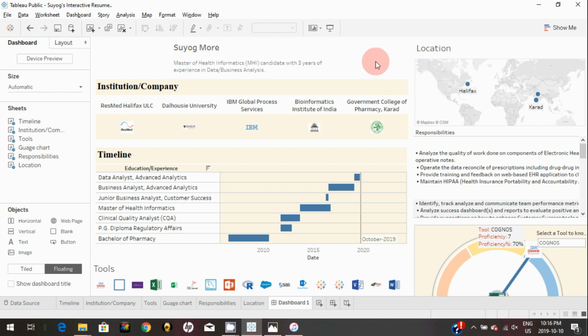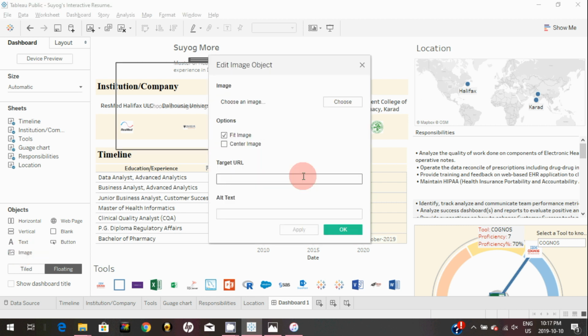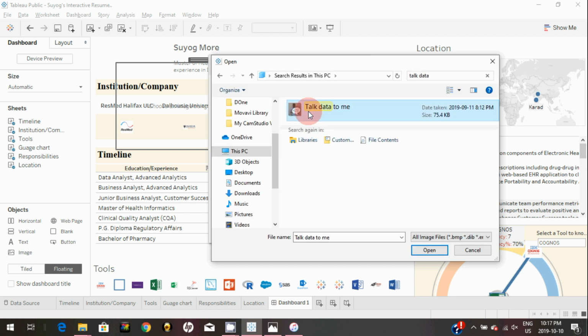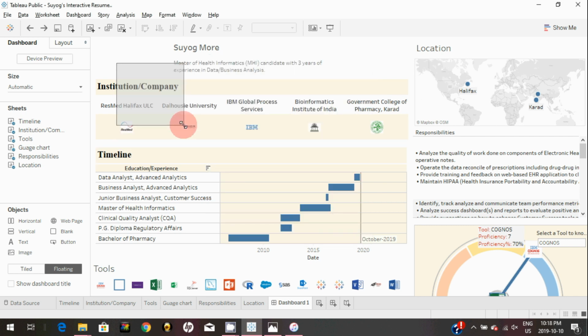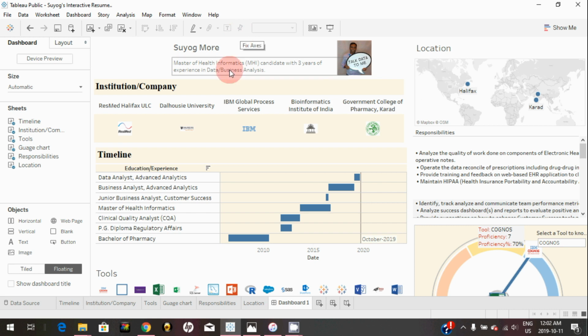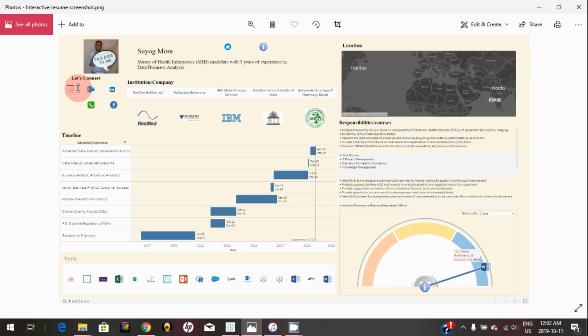In order to bring a photo, you can simply click on this image. Either you can put an image URL here, or you can choose an image from your PC. I will just simply choose an image. I'm going to select this image and hit OK, and you can adjust the size of your image and place it anywhere you want. By using exactly the same method, you can bring all the logos in the Let's Connect section, but